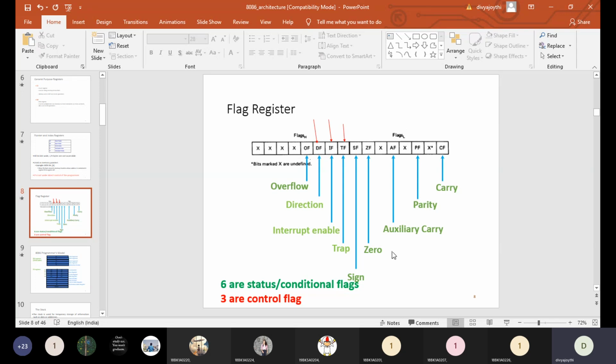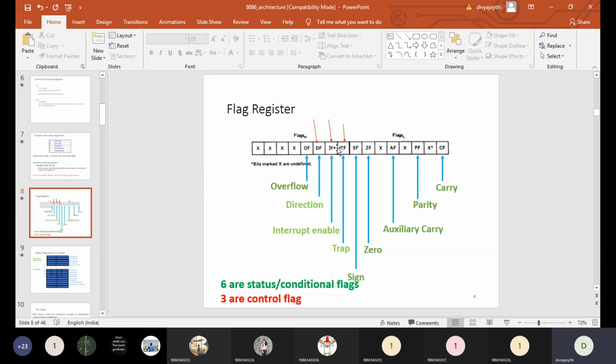So out of these 9, the trap flag, interrupt flag, and directional flag, these 3 are called control flags, and these will not be in the user's hands.